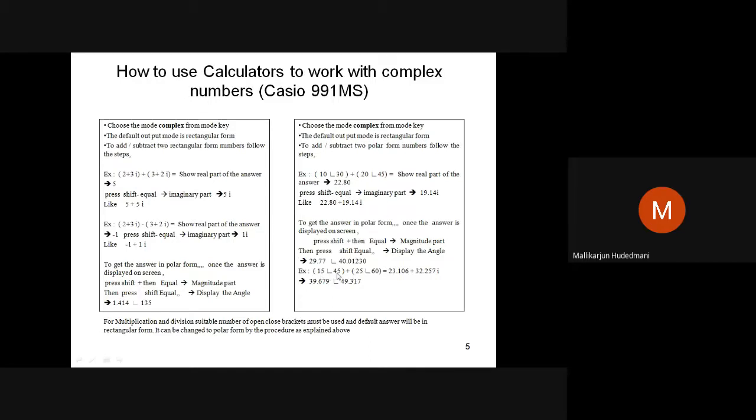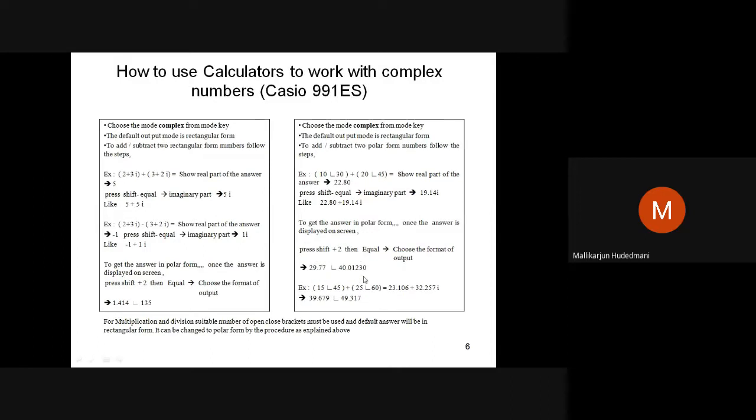Then I have posed a similar example here. This way you can do it in the 991 MS, where you have to operate a number of times, at least 2 times, to get the answer. But the same thing in the 991 ES, the silver panel, is a little more advanced. It has 2 lines of display, and automatically you will get it. So let's see here. If you are using that calculator, use the mode complex and the format. The formats A plus iB, A plus minus iB, conjugate, and all kinds of formats are available directly. So choose the mode complex and come to the panel.